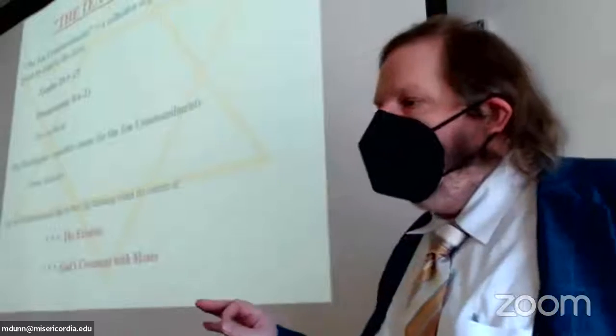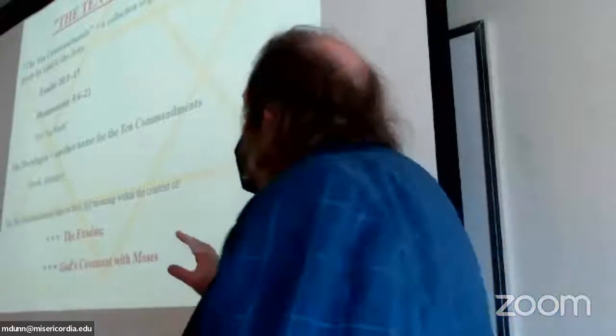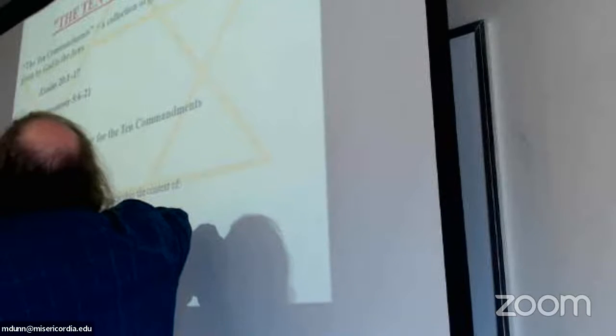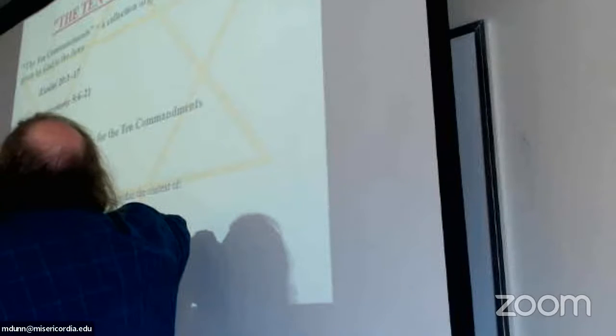There are 2 versions of the commandments. Now let me be clear about this, because I don't want you to think that what I just told you about the 2 tablets applies here. The commandments of God are given twice. The story is retold later on in Deuteronomy. The commandments are given by God to Moses in Exodus. That's the early story, the book of Exodus.